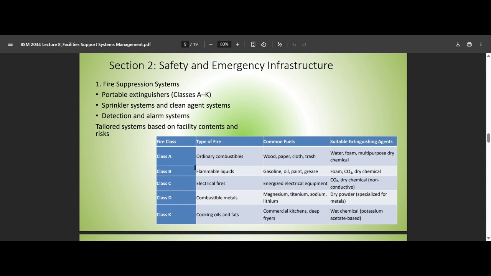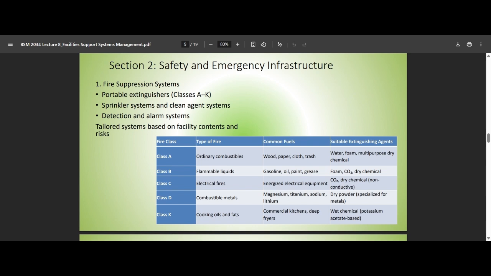Now, each one of the classes requires suitable extinguishing agents. For example, class A, you will require water, foam, or multi-purpose dry chemical. Class B, you require foam, CO2 or dry chemicals. Class C, you require CO2. Class D, you require dry powder. Class K, wet chemical. So therefore, in your facilities, the type of portable extinguishers, pemadam api,